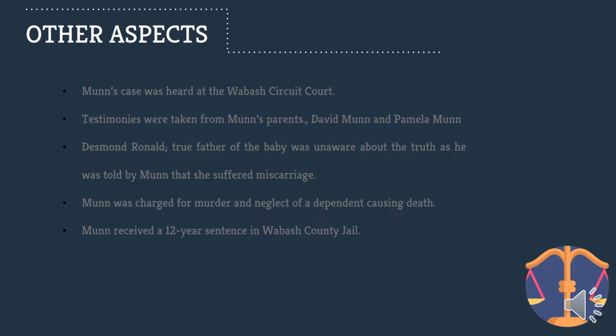The baby's father, Desmond, said he learned in October 2015 that Moon was pregnant and assumed the pair would talk about their options when she came home over Christmas break. However, she later told him that she suffered a miscarriage and was no longer pregnant. After considering the details, the judge gave Mikaela Moon a 12-year sentence in connection with the death of her newborn son. That's all for the case background. I would like to hand over the presentation to my friend to talk about the forensic tool and its features.